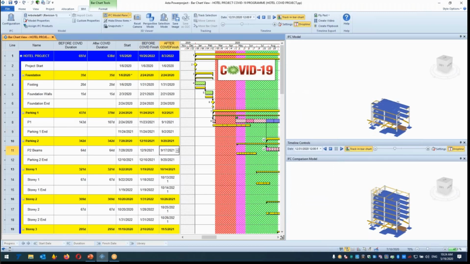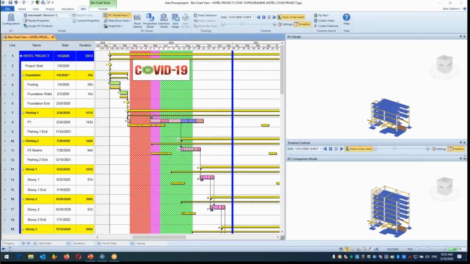You have the possibility of understanding the new dates for the projects because the activities were delayed, and you can have after COVID and before COVID dates. All right. Any questions? If there are questions,